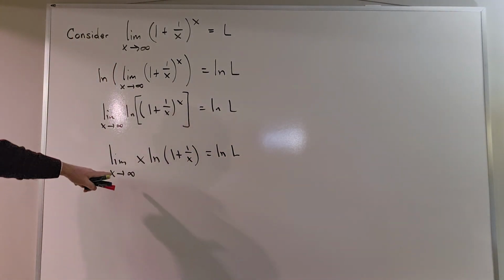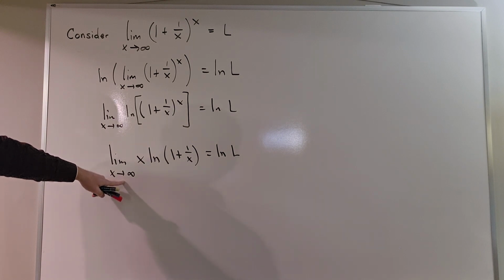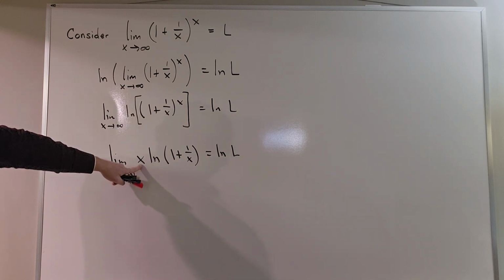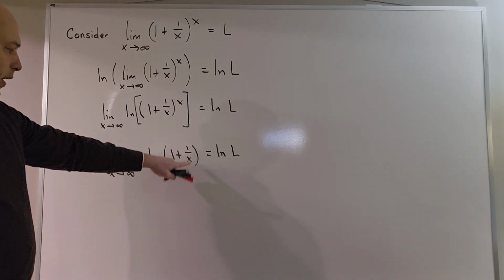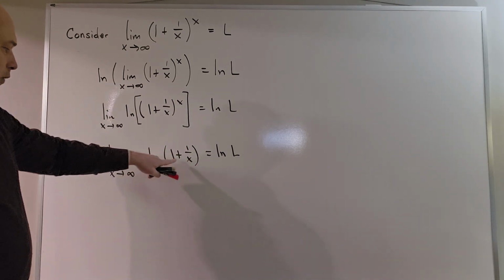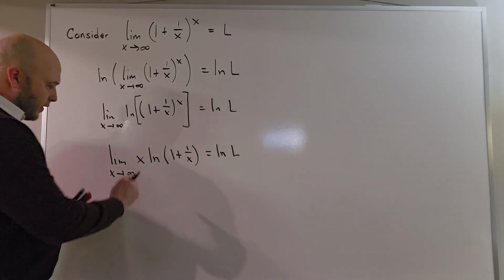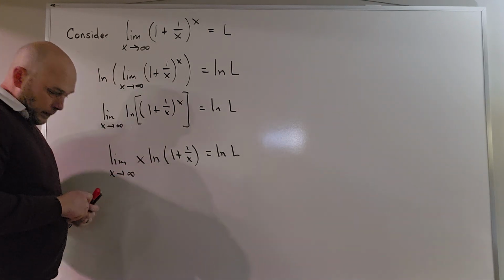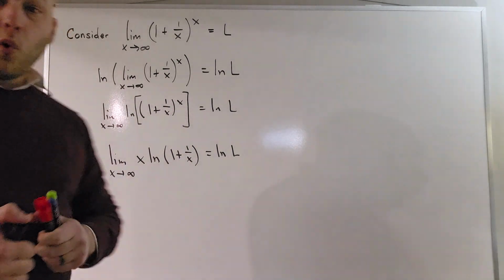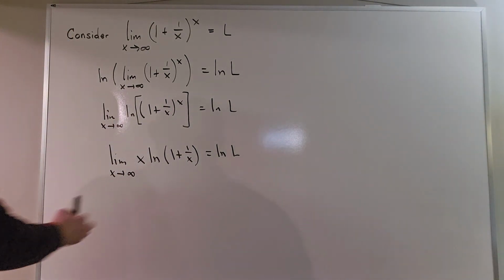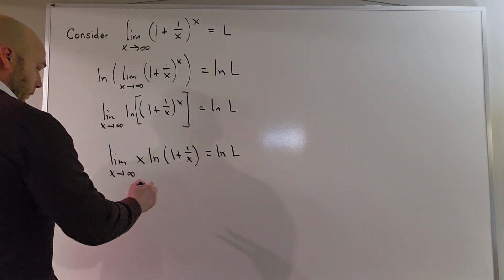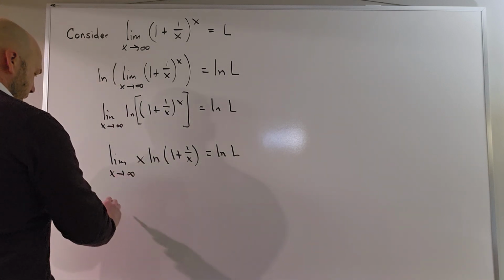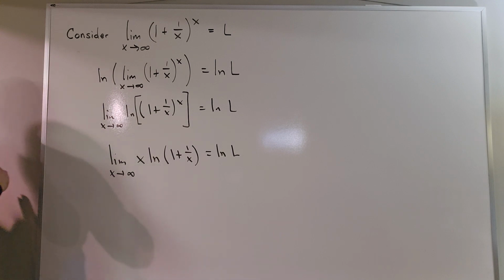Well, if I take the limit as x goes to infinity, let's see what we have. This factor goes to infinity. All right, well, what about this factor? As x goes to infinity, 1 over x goes to 0, so this would be the natural log of 1, which is 0, meaning I have infinity times 0. That would be an indeterminate form, and let's see if we can rewrite this so that I can use L'Hopital's rule on it. Well, if I rewrite x, so first and foremost, keep in mind off to the side here,